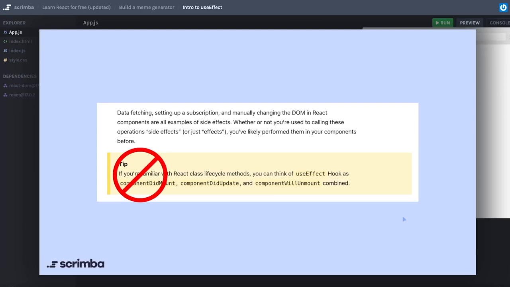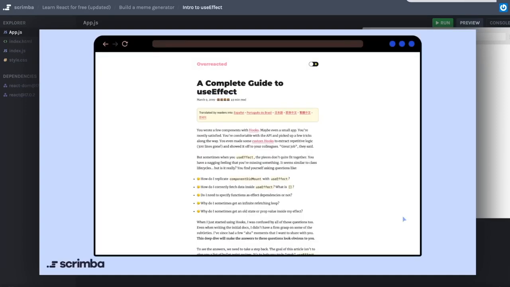You can forget everything that I just said about class lifecycle methods. But if you are familiar with class lifecycle methods, the modern advice these days is not to try and think of the useEffect hook as a combination of these lifecycle methods, but rather to work on retraining your approach to understanding side effects in React. I know that might be strange for me to be contradicting the documentation, but I know that I'm backed up